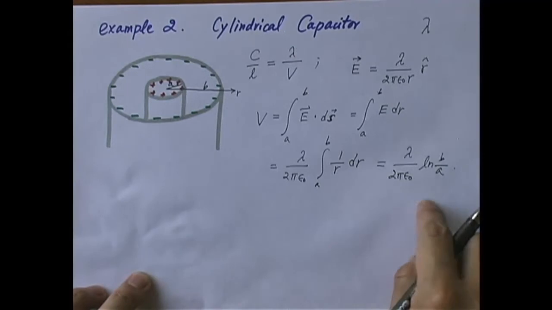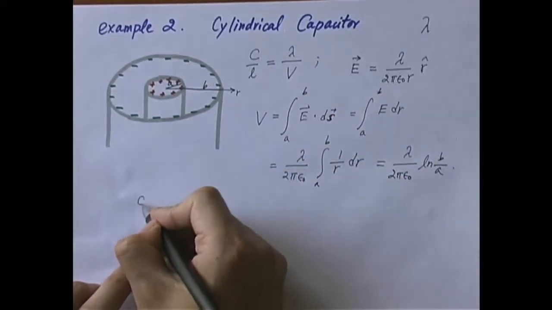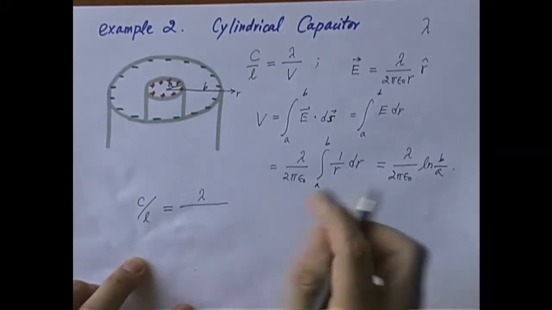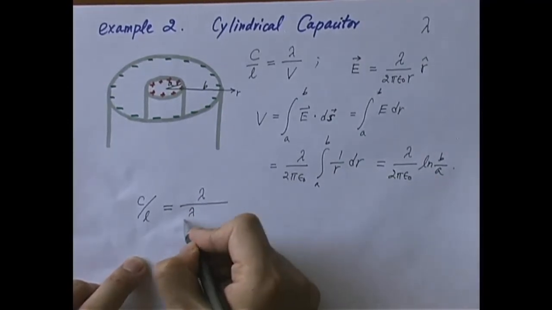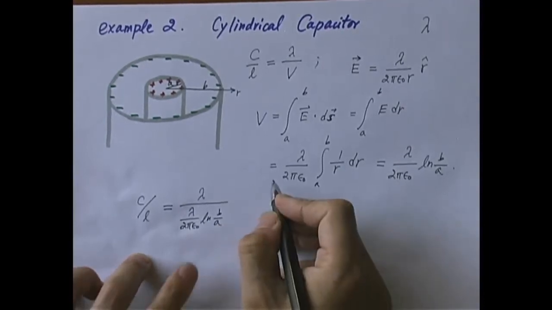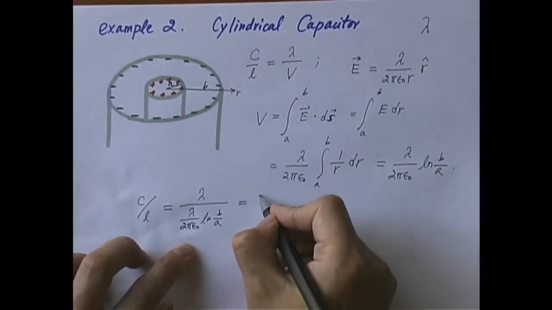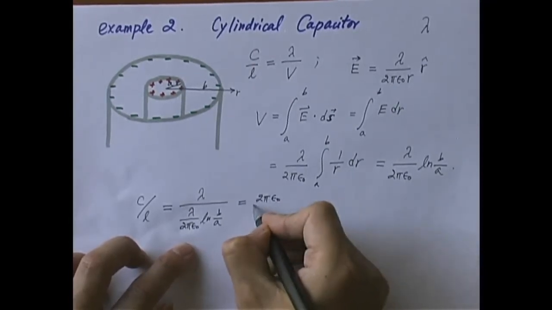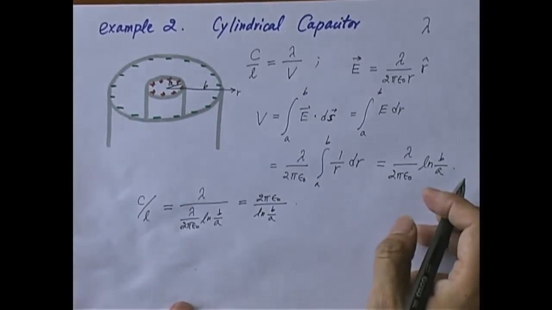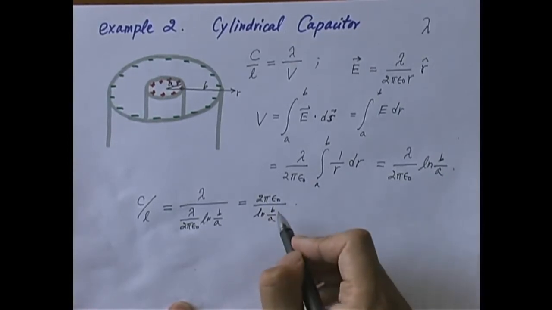Given that, we can then find the capacitance per unit length, which is lambda over V. So therefore C over L would be simply equal to lambda divided by lambda over 2 pi epsilon naught natural log b over a, and the lambda cancels, that's what we wanted. So it is equal to 2 pi epsilon naught divided by natural log of b over a. Now natural log has no units, no dimension, so this just is a constant, some numerical constant